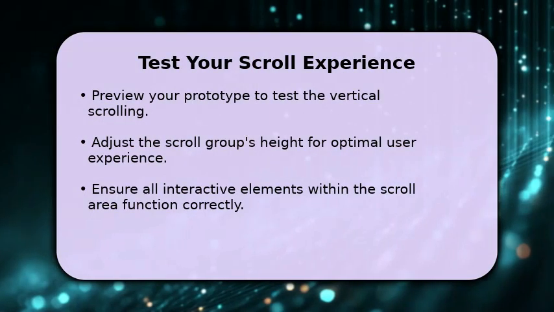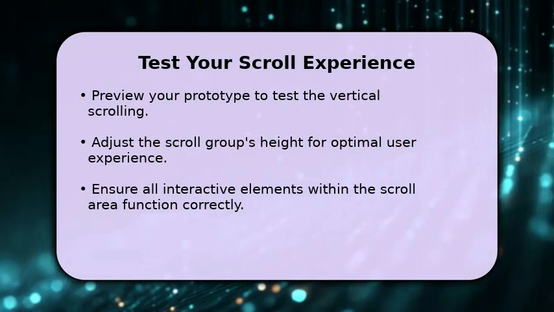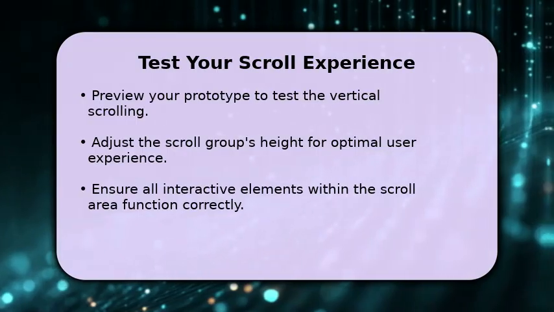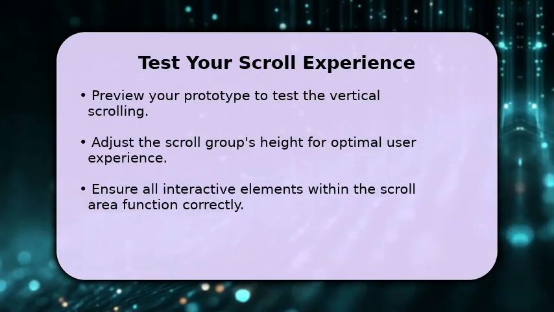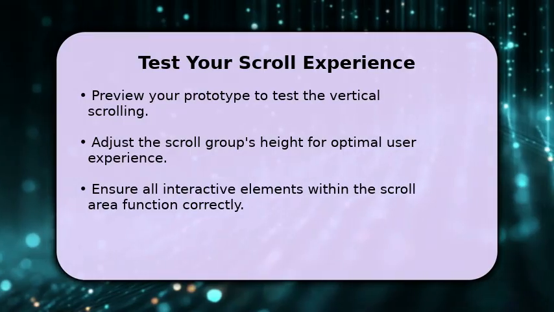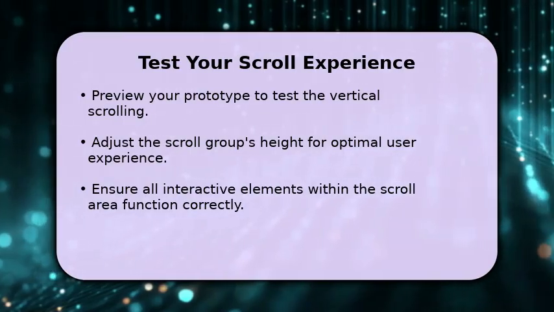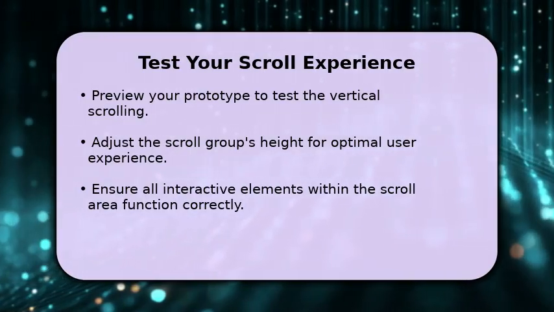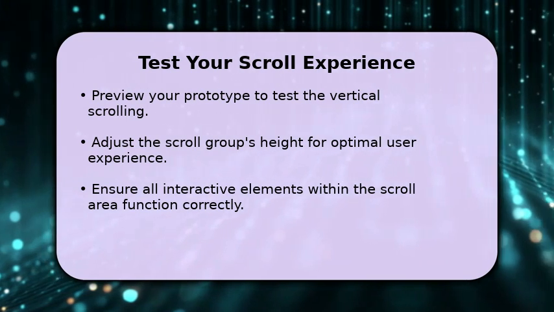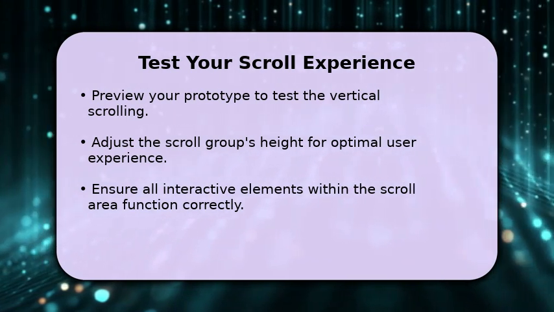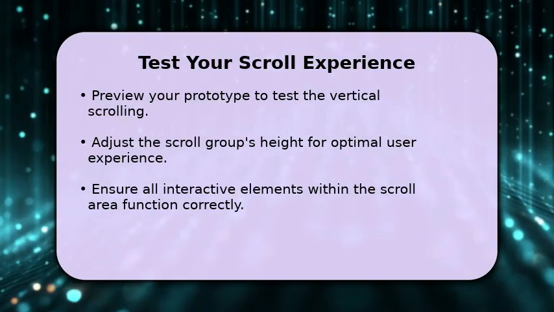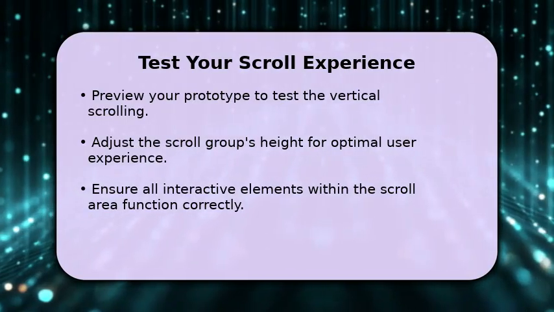After setting up the scroll group, it's time to test your work. Click the Play button in the top right corner to open the preview window. Interact with your prototype to ensure the vertical scrolling behaves as expected. If needed, return to your design and fine-tune the scroll group's height or content placement. This iterative process ensures a smooth and intuitive user